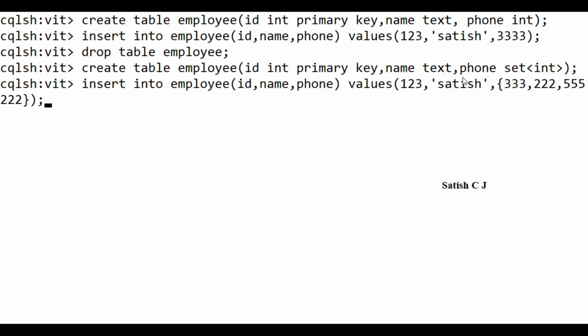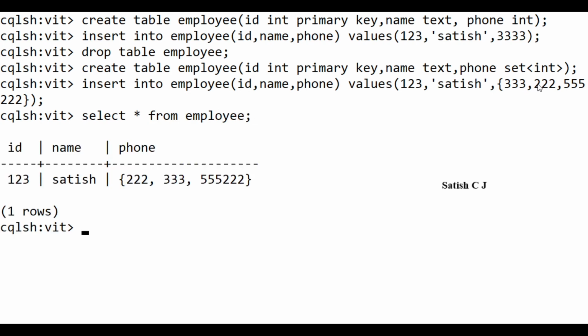Now what I am defining here is that an employee has a set of values associated with the phone number, and I'm entering some duplicate values, and the set is not ordered. So I've inserted it. Let me do a select star from employee. Now you see the result is displayed in sorted order, and okay, here this particular phone number was considered as the number 55222. That's why it didn't remove 222.